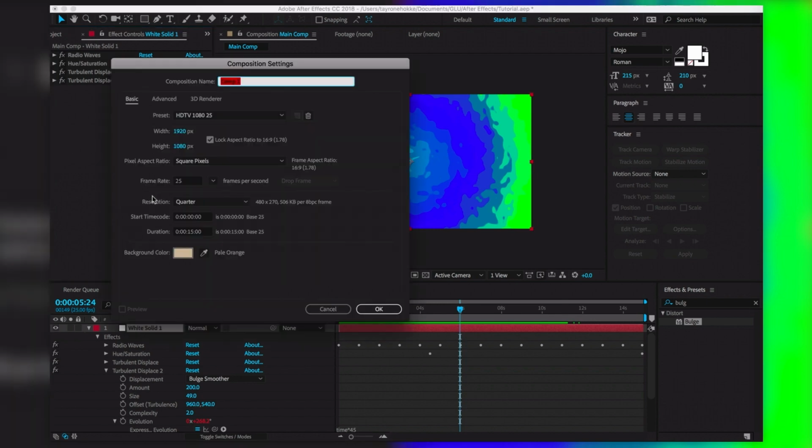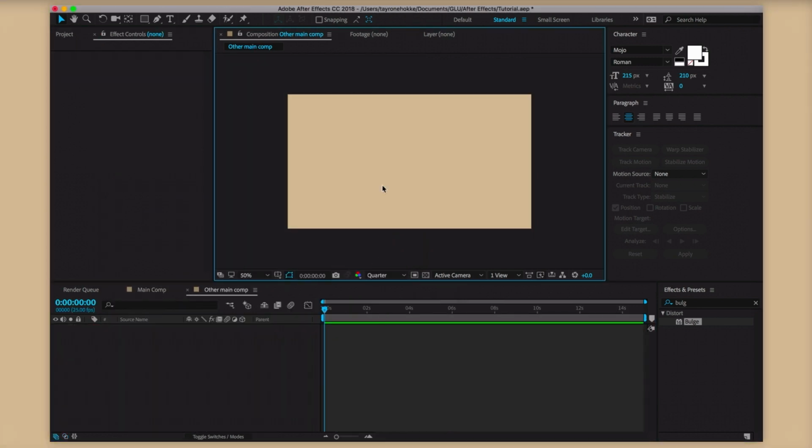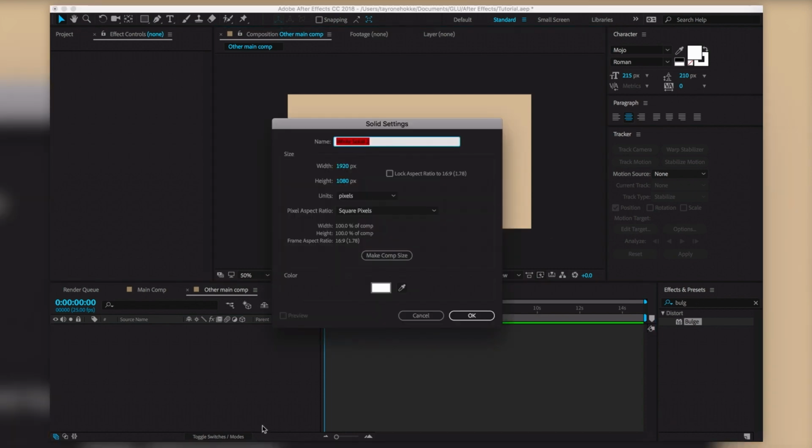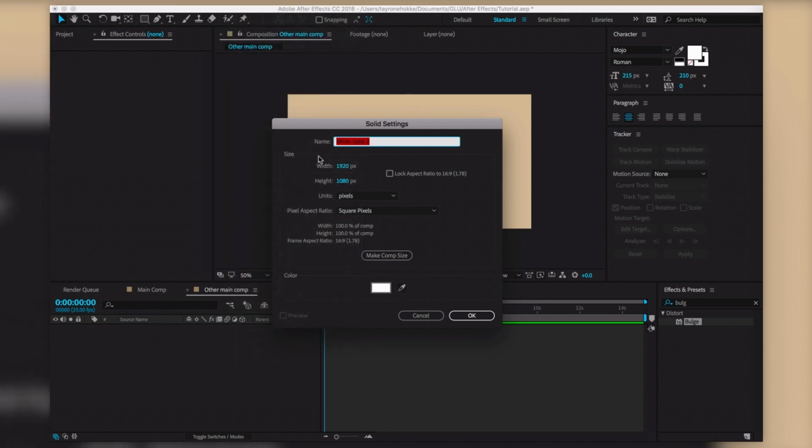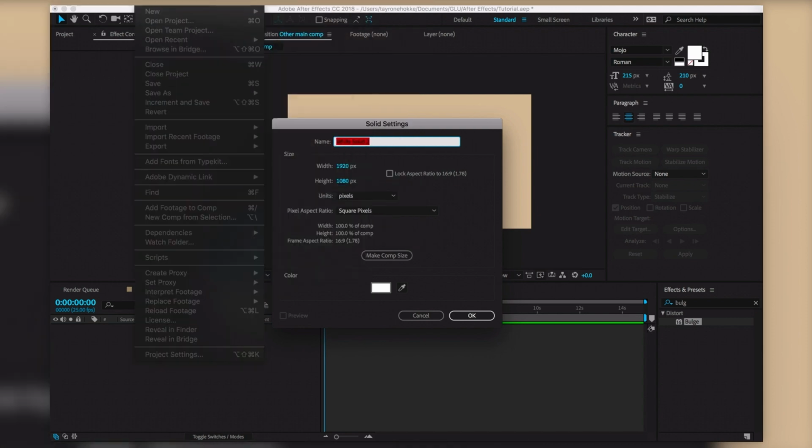We're gonna make a new composition. Same settings should be good. And I got a beige background now. I'm not sure how that happened, but it doesn't matter. We're gonna make a new solid with Command Y, or whatever way you like to do it. Going up here, selecting layer, new solid. I know you can't see the top panel up here, and I'm sorry, but